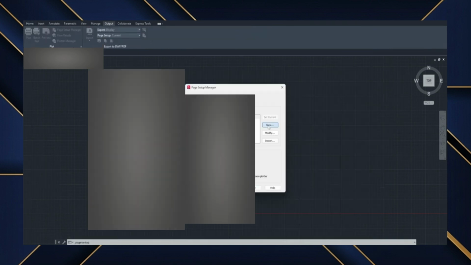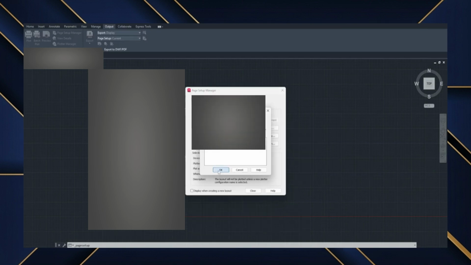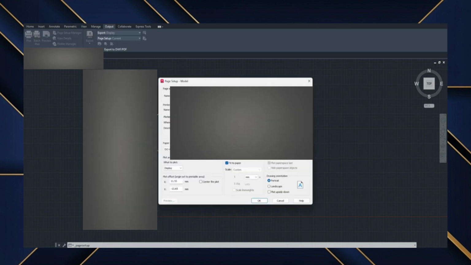From there, click New to create a named page setup and give it a clear, descriptive name so it's easy to identify later. You can even base the new setup on an existing one to save time and avoid re-entering common settings. Inside the Page Setup dialog, adjust options like paper size, plot area, orientation, and printer configuration to match